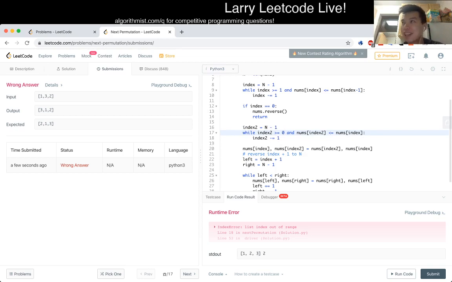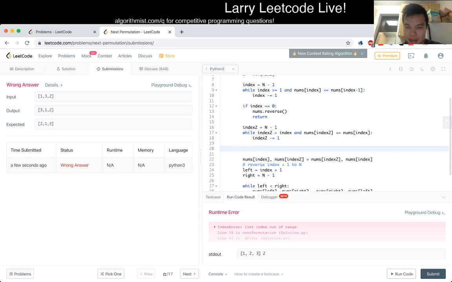Well, it's only a subcase. But this should actually be greater than index. If